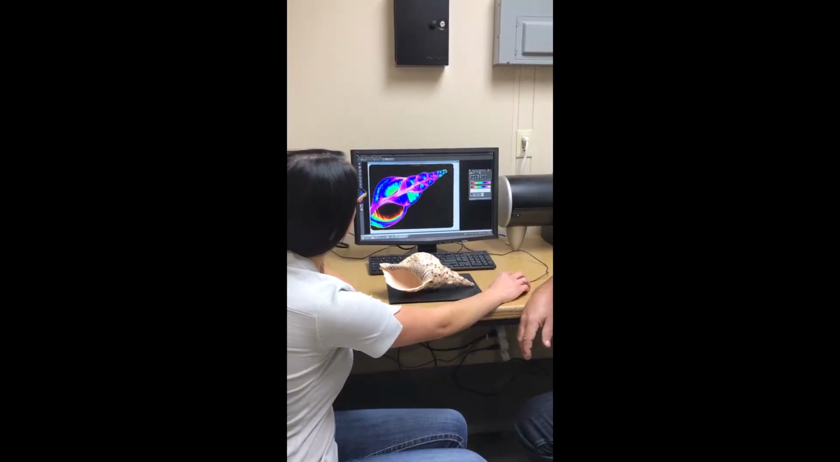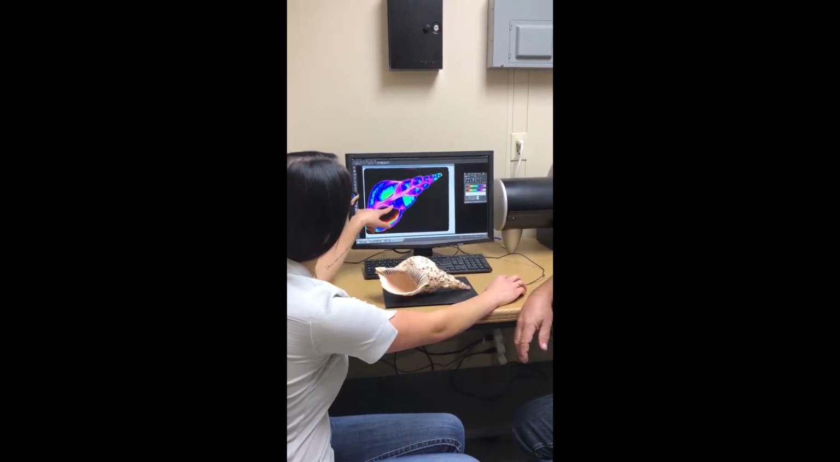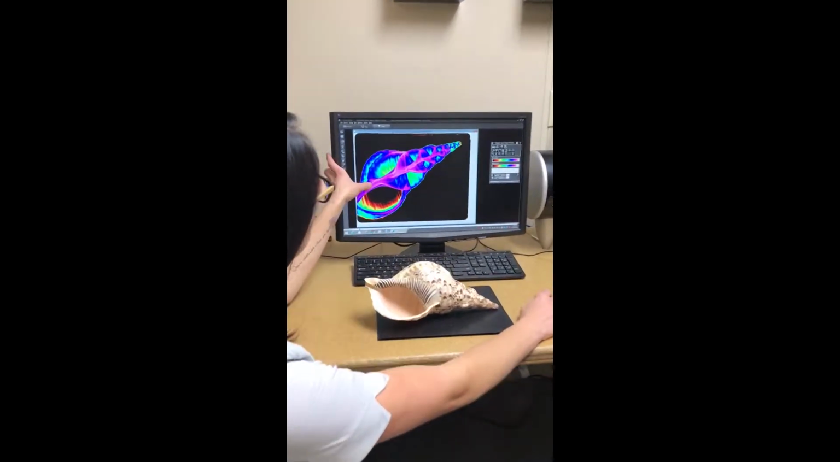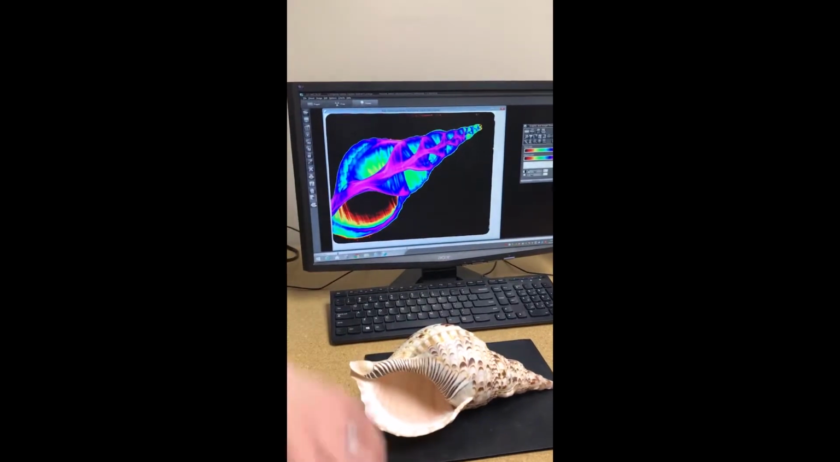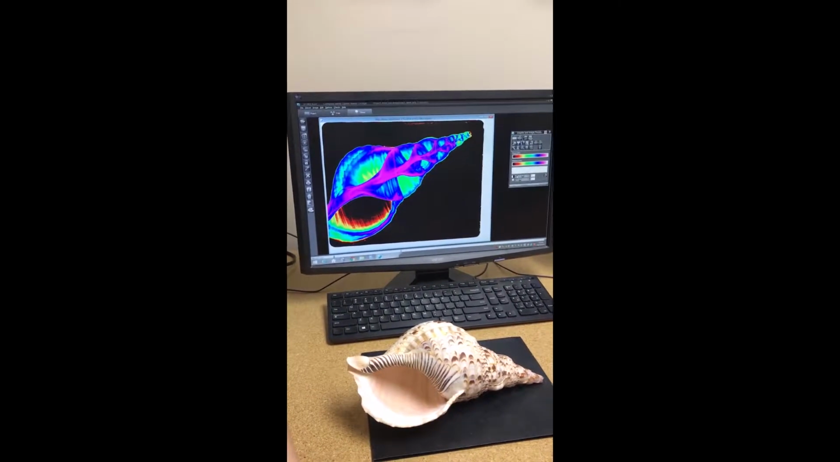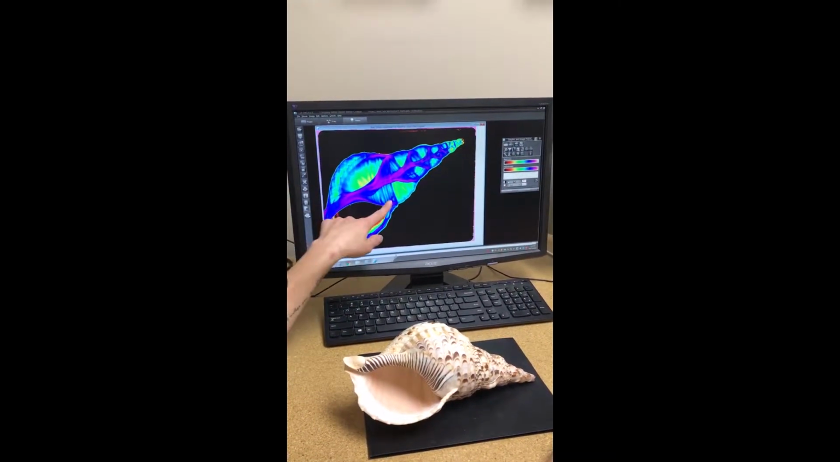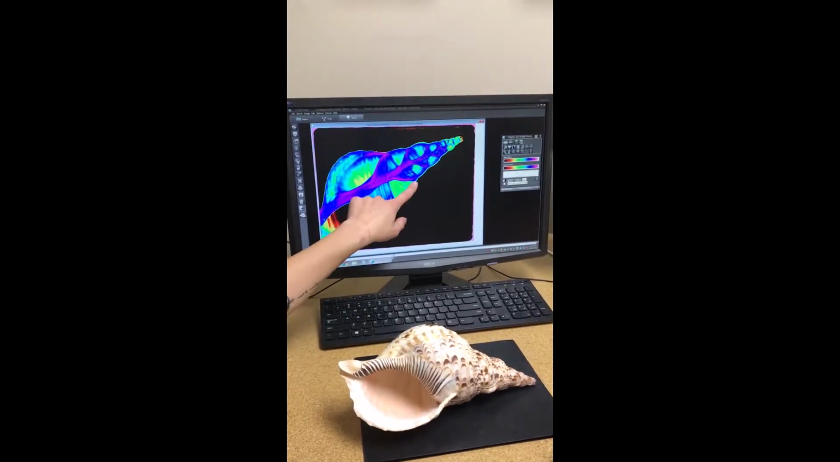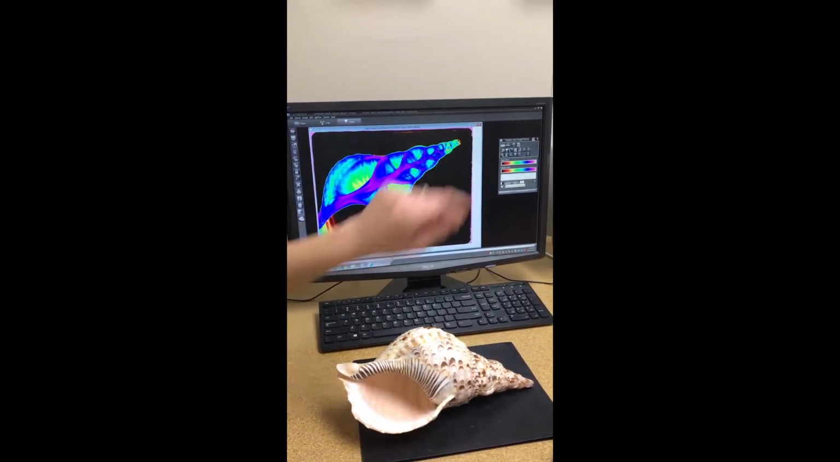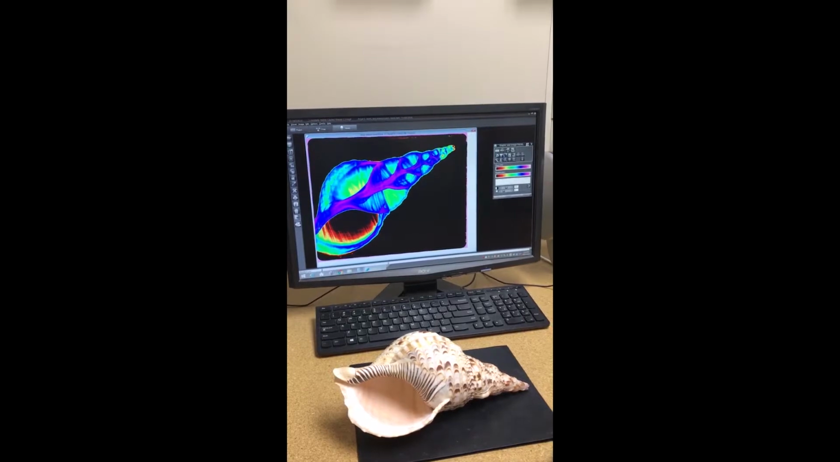So I'll show you a little bit of what I'm talking about. We can see some of the colors shifting. We can use different palettes that offer more contrast depending on what we're looking for. So here we can see the spiral really well where it goes up into some of the thinner area of